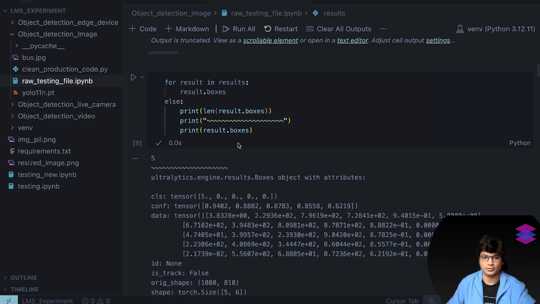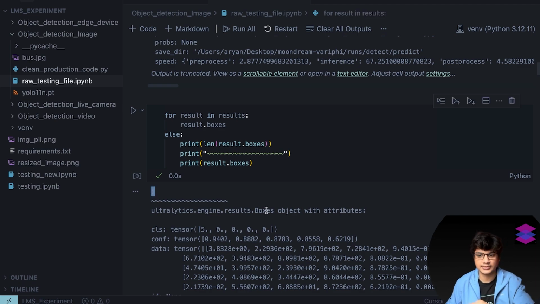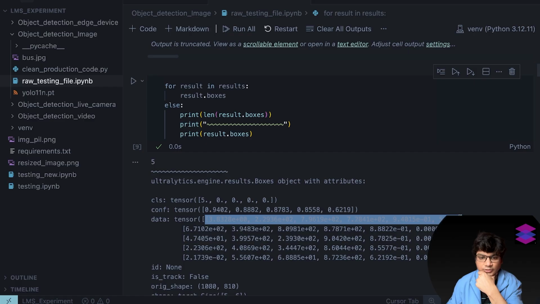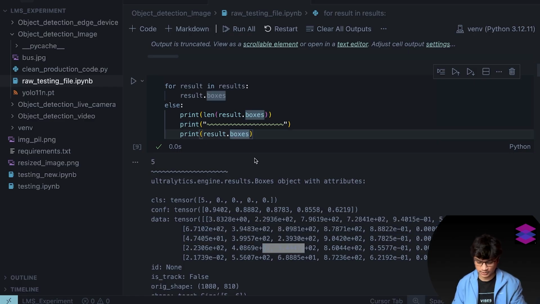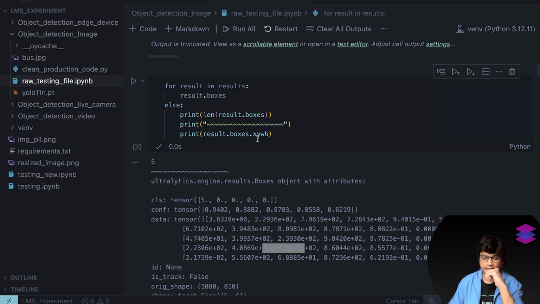Okay, so whatever my YOLO pre-trained model is, based on the given input image, it has actually detected the 5 objects, and this is basically the bounding box of that object. This is the bounding box of the first object, this is the bounding box of the second object, third object. If you wanted to print the bounding box in a pixelated format, you can try X, Y, W, H, which means the xy,